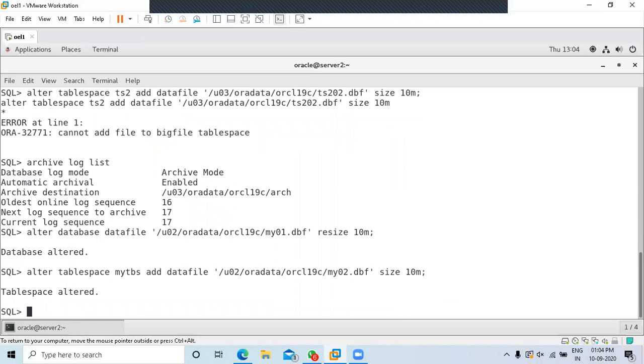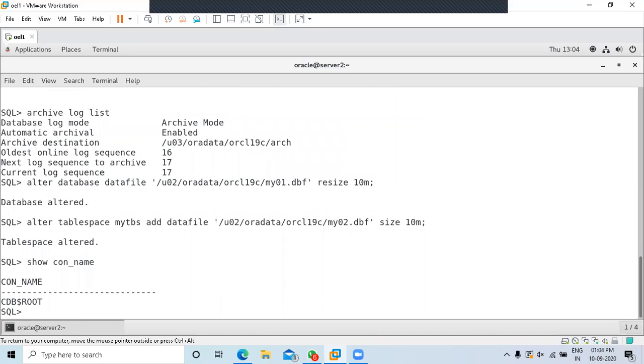Great. So we added a new data file to a tablespace called MYTBS. This is in my container database, and I'm going to create a common user over here.